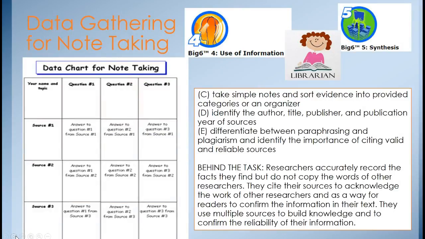So part of the writing process is note taking and how to take simple notes and organize them in a different way. And I've given you one that I found, a data chart for note taking. There's just lots of different ways for them to do that. I think note cards are a little bit too hard for kids to do. So I used to just take a piece of paper and divide it into 6 or 7 different blocks. And the question would be at the top, and then as they use their sources, they would write the information,